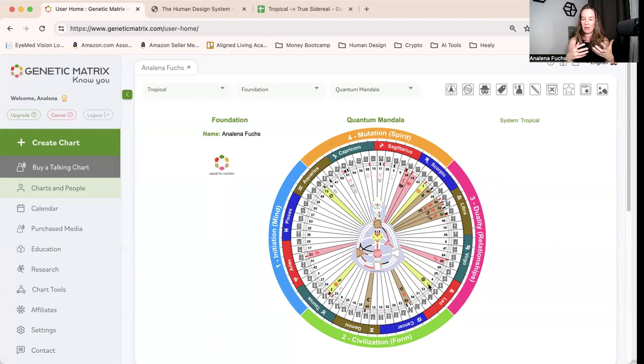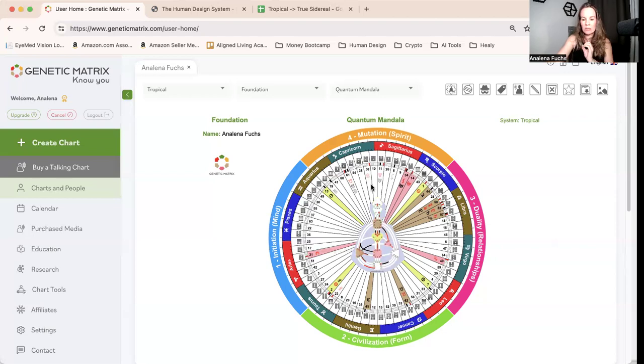So can you see now why Richard Rudd and the Gene Keys keep saying all 64 gene keys are relevant to all of us? And for me, again, the big wisdom of human design and the Gene Keys lies in those 64 archetypal energies. It just really explains how the universe works so beautifully, right? When we are not operating from an ego mind and trying to force things, but when we can let life show us the breadcrumbs of the universe one step at a time, where there's more trust and surrender involved. So this is the overview that I just wanted to show you.